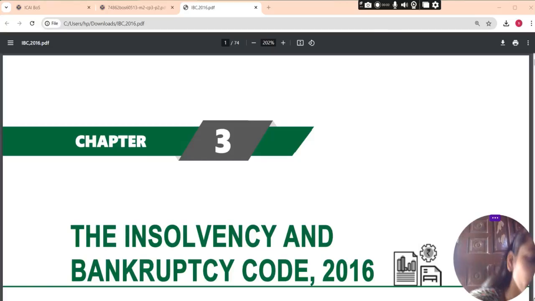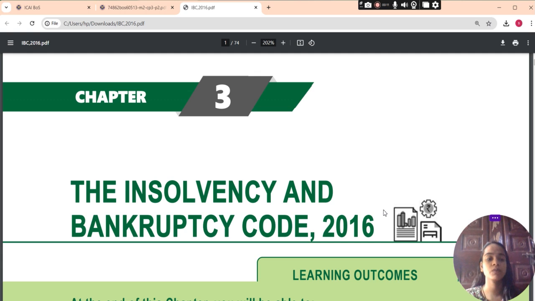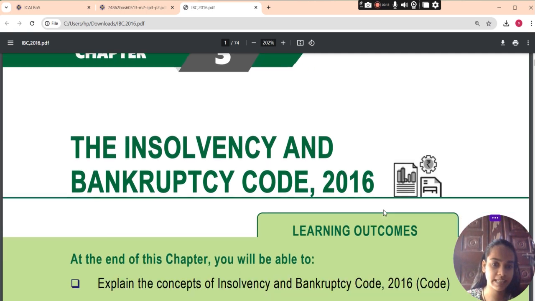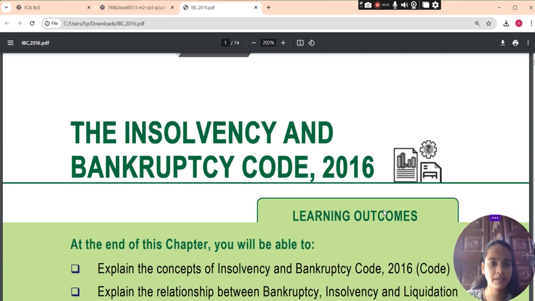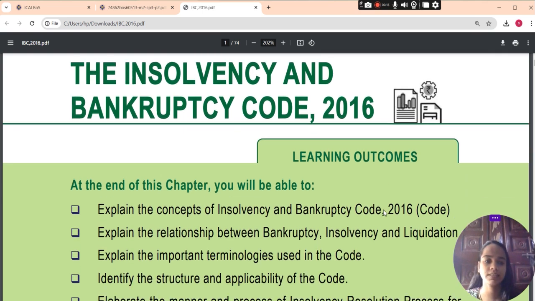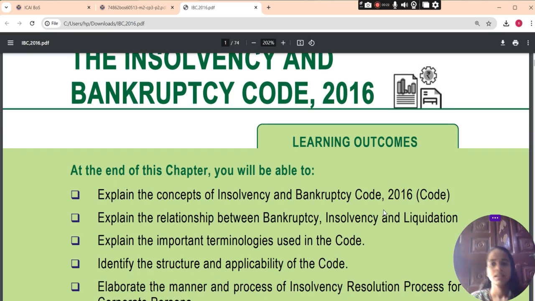This one we are going to read from the study material, and the chapter that we are going to discuss is the Insolvency and Bankruptcy Code, 2016. Earlier we have read this chapter from Shubham Singhal sir's notes as well, but we can never think of skipping the study material, because ultimately questions will come from the study material. So we read those for understanding, but currently our emphasis will be